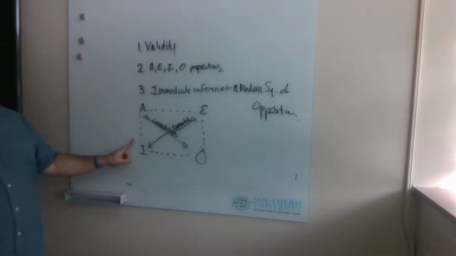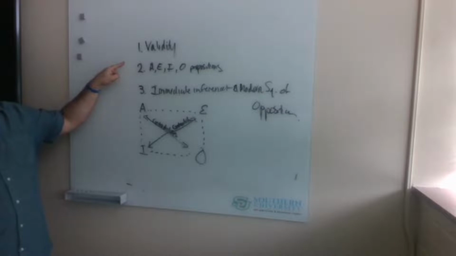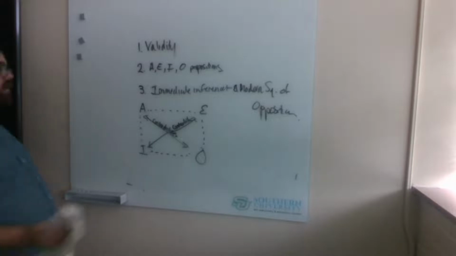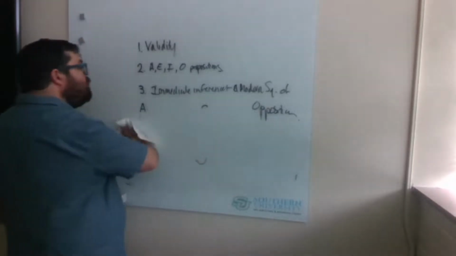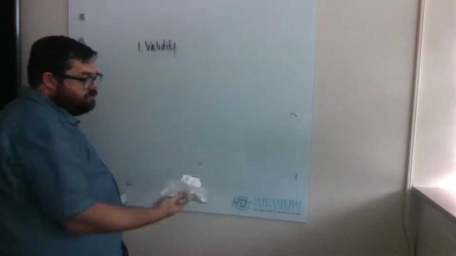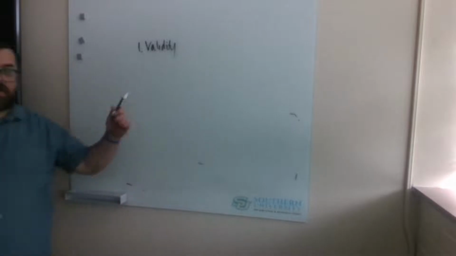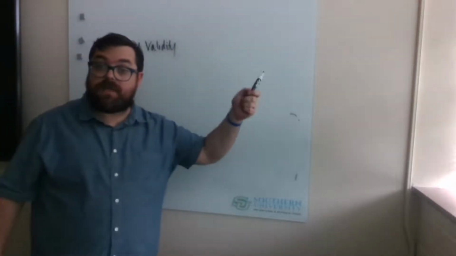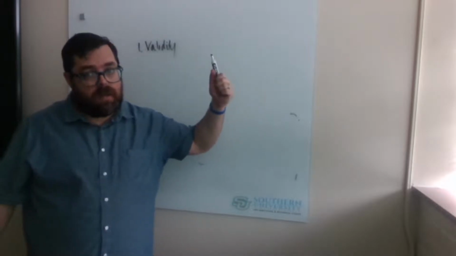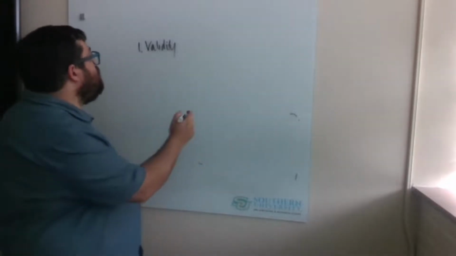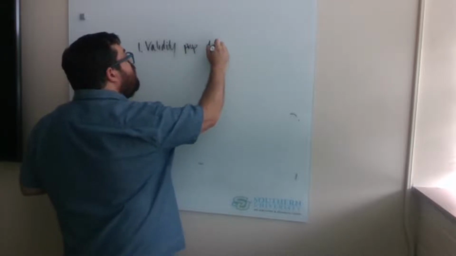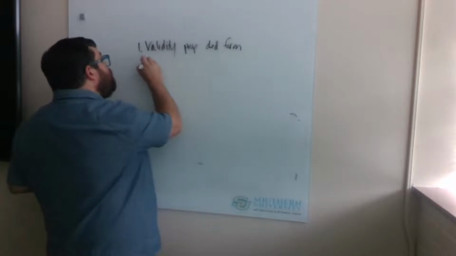So first, I'll go back and explain validity. So these three things. And because this is a video, I can erase the board and you can always go back to what I was mentioning previously by moving the tab. So first, let's go over validity. Validity is the property of a deductive argument such that if my premises are true, it's impossible for my conclusion to be false. So remember, validity is a property of deductive argumentative form such that